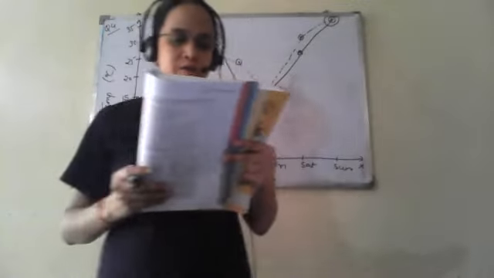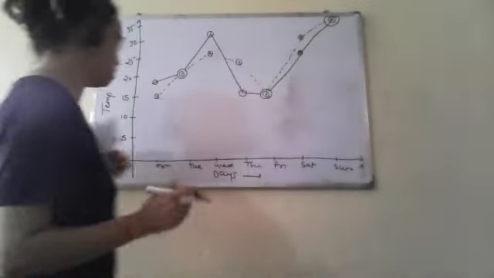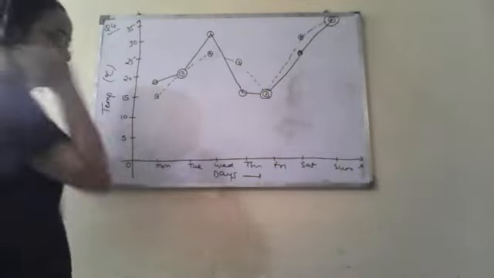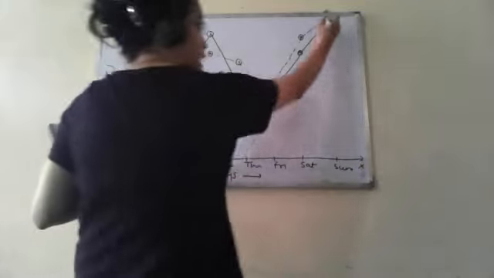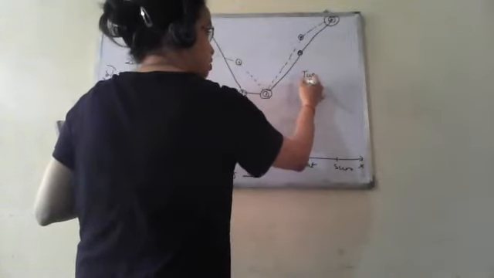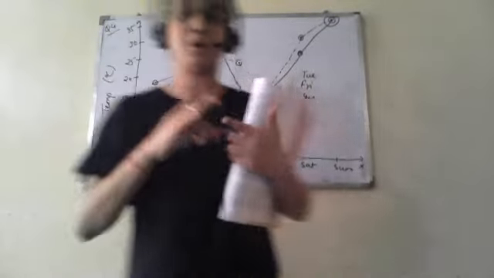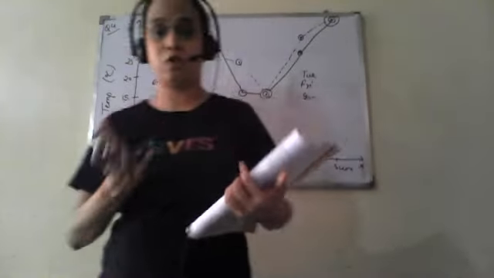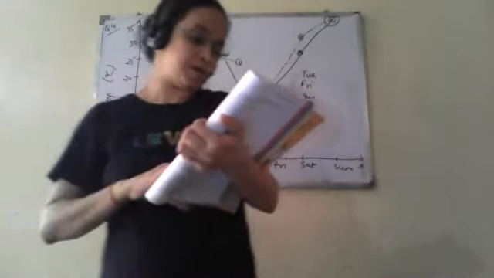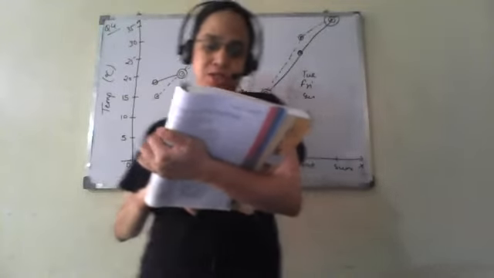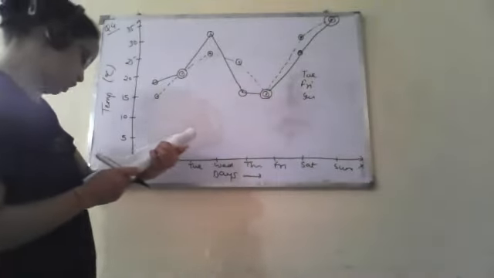So now question number 1. On which day was the forecast temperature the same as the actual temperature? As I have already said, on Tuesday, you can check it from the book. On Tuesday, Friday and Sunday, both the predicted temperature and the actual temperature were the same. Second part, what was the maximum forecast temperature during the week?